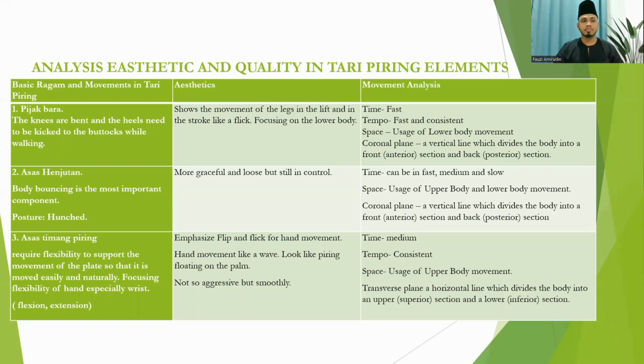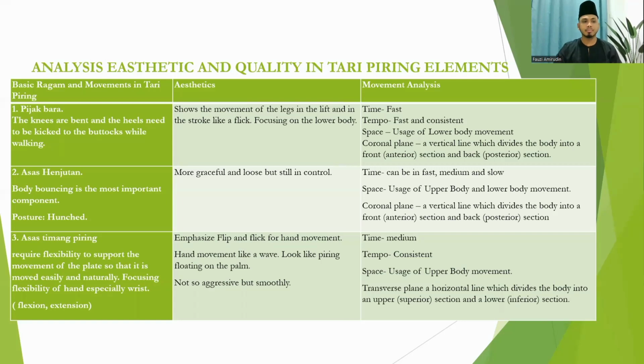coronal plane. Second, asas hanjutan. Body bouncing is the most important component, posture hunch. The aesthetic is more graceful and loose but still in control. Movement analysis is time, can be fast, medium, and slow, space, usage of upper body and lower body movement,